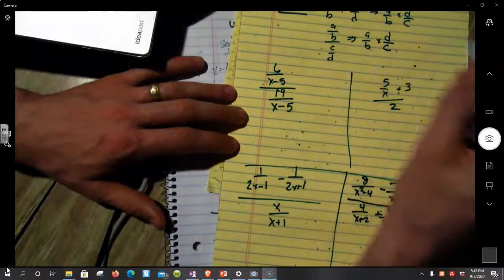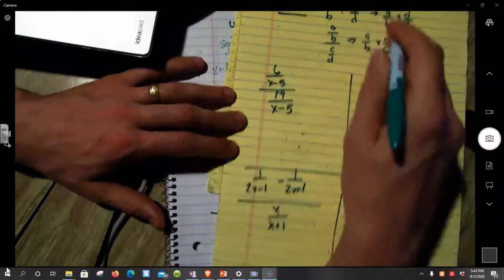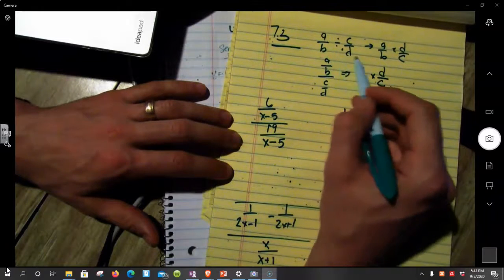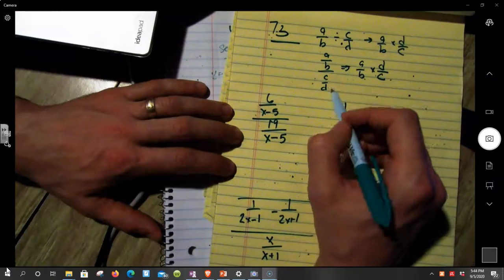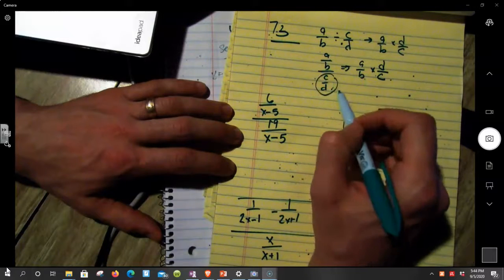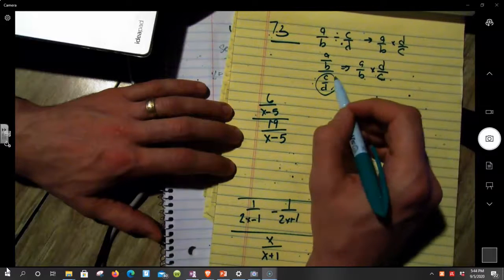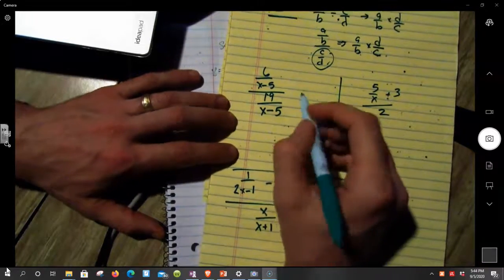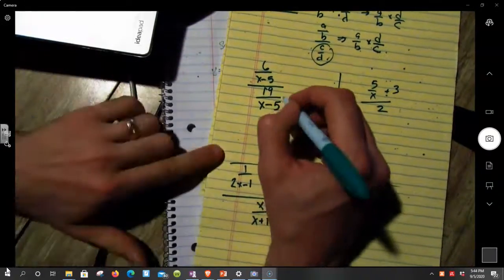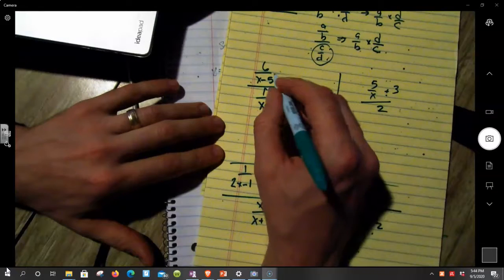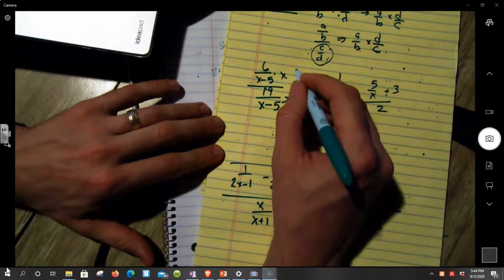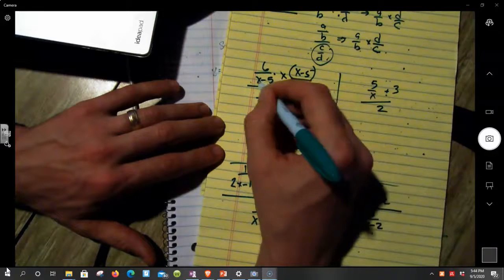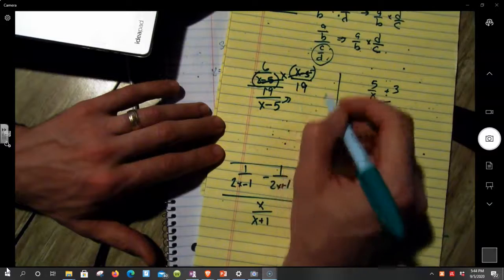Okay, in 7.3, you have a key rule that's used. And that is that if you have a fraction divided by a fraction, which can be written this way or it can be written this way, no matter which way it's written, you're going to invert the second fraction and multiply. So you change division to multiplication. That's what's going to happen here. So for right here, you're going to multiply the numerator by the reciprocal of the denominator, okay? And so when you do that, you're able to divide out those common terms, and you're just left with 6